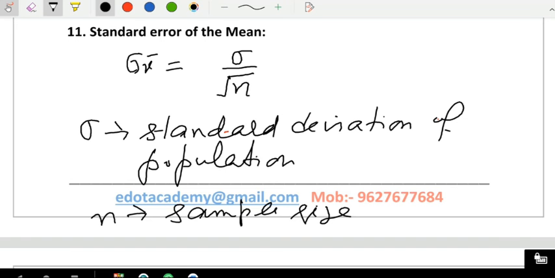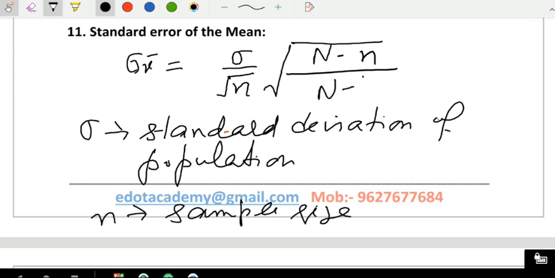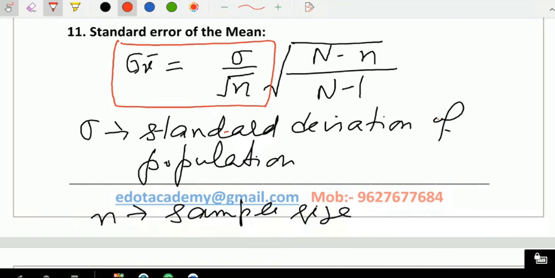Okay, then your formula, I am going to write here, if the population is finite, then your formula will change. You have to add only one small value for the finite population. So just add this value, capital N minus n divided by capital N minus 1. Okay, so if the population is finite, use this formula. Otherwise, if the population is infinite, or finite with replacement, use the full formula to find out the standard error of the mean of the sample.